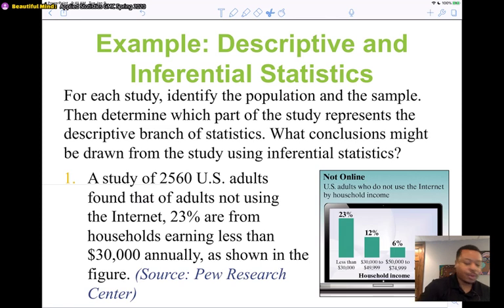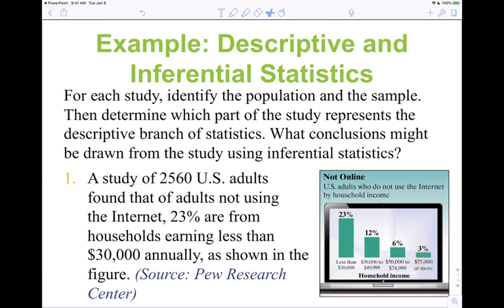Let me look at the figure. Can we see this figure? Let me go like this. U.S. adults who do not use the internet, less than 30,000. So if your household earns less than 30,000, it's more than likely you don't use the internet, and that's a high percentage. The more money you make, the more likely you are